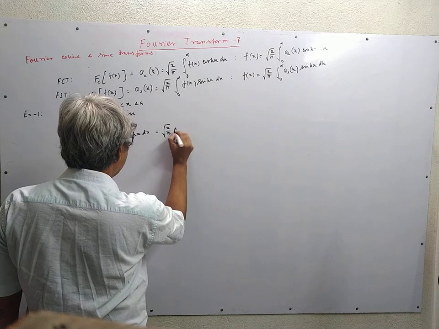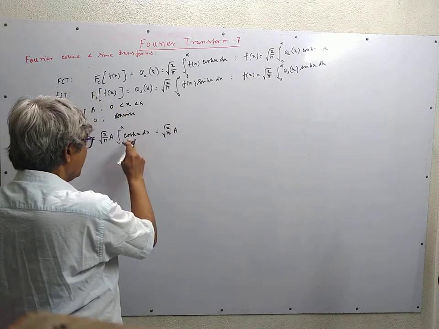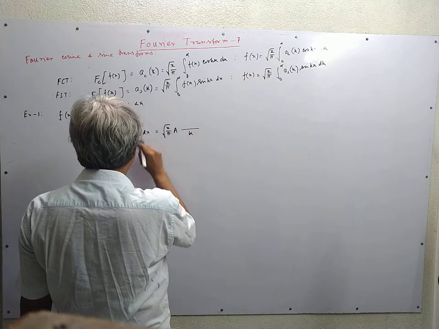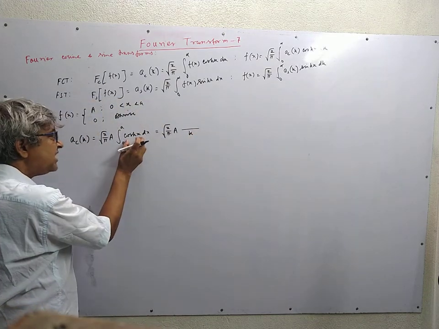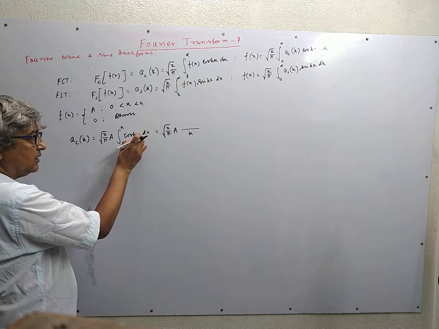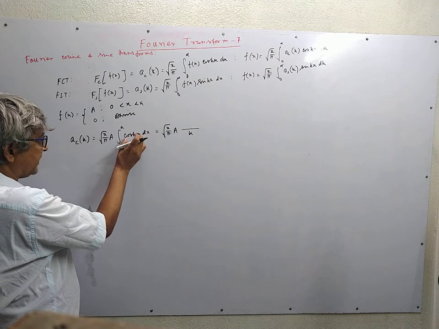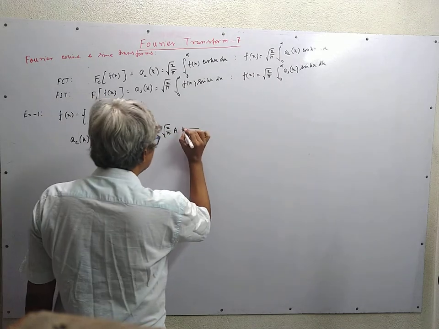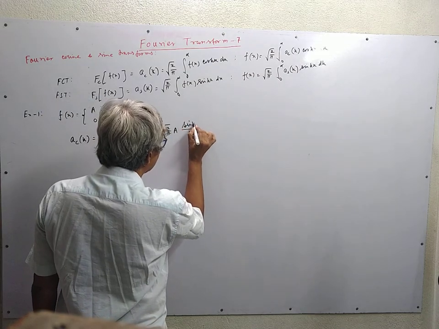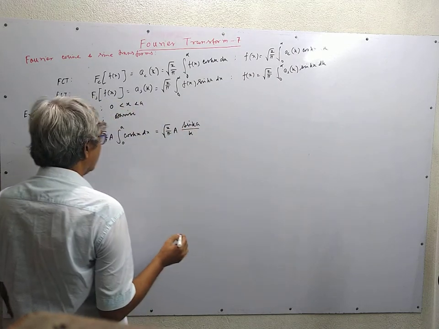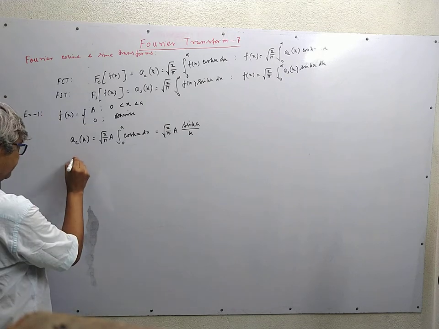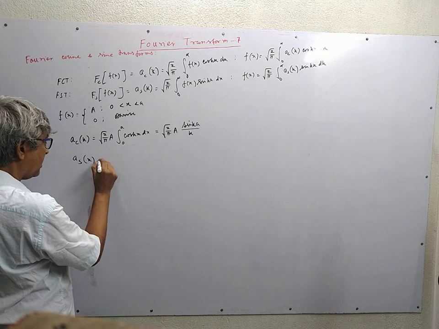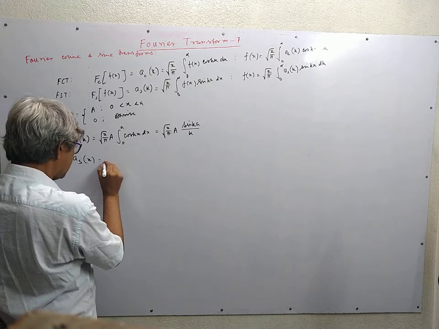If we integrate it, we will have in the denominator k, and in the numerator it will be sine kx, and within 0 limit it is 0, so it is sine ka. Similarly,